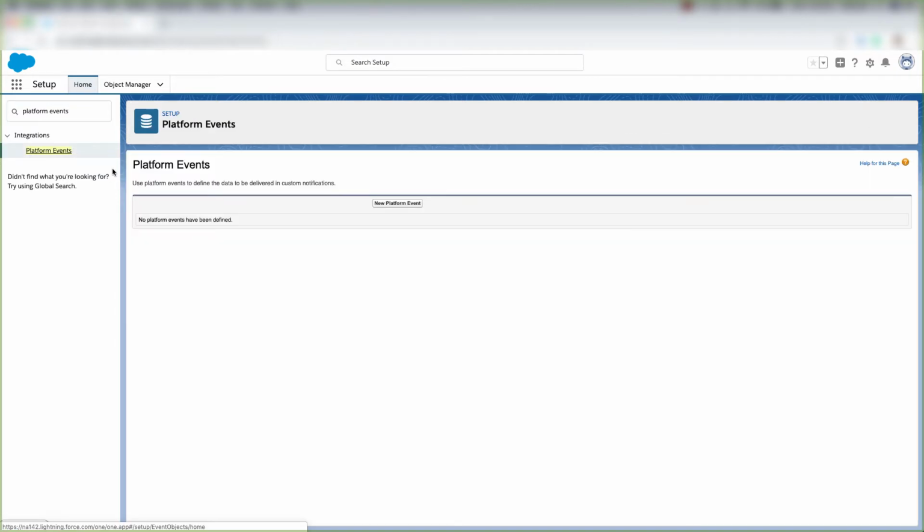If we see an interface that allows us to create a new platform event, we know that platform events are enabled inside of our Salesforce org. If you don't see this and platform events is not enabled, you need to create a case with Salesforce support to have them enable custom platform events. Once you've made sure that platform events is enabled in your Salesforce org, you need to go to Salesforce's official